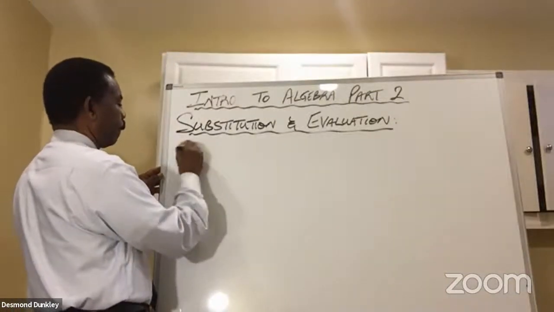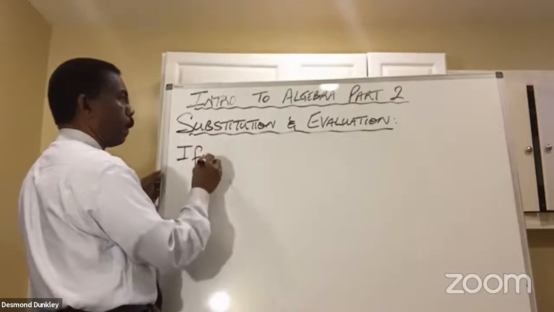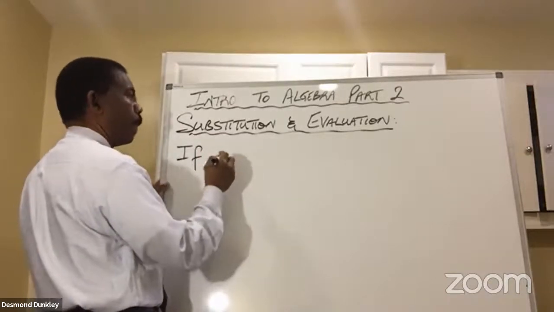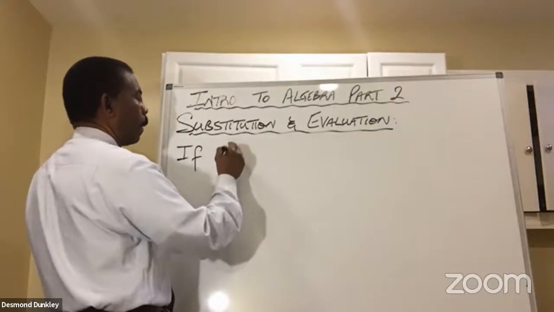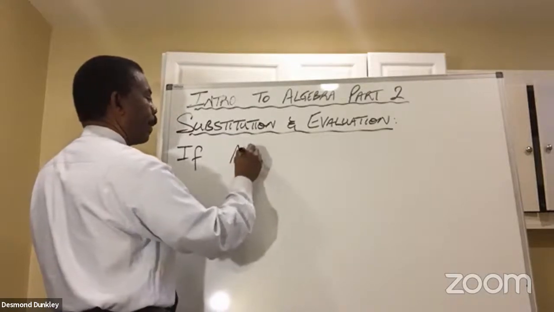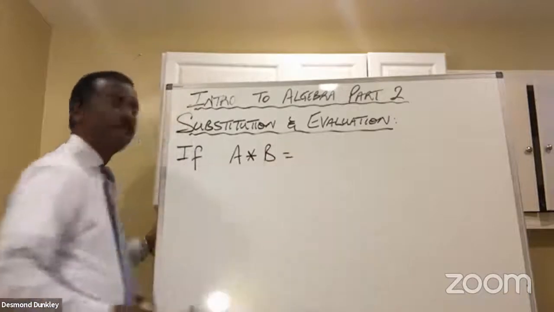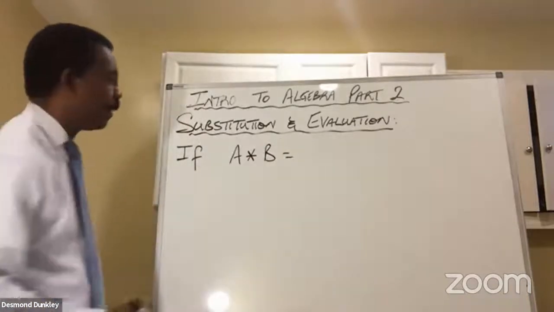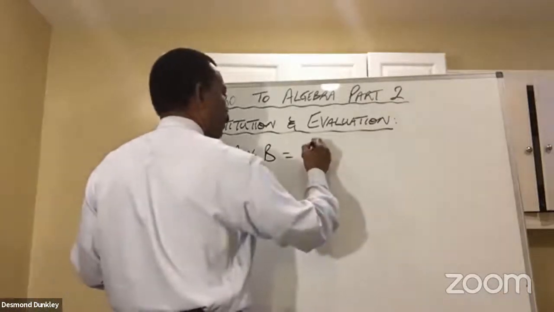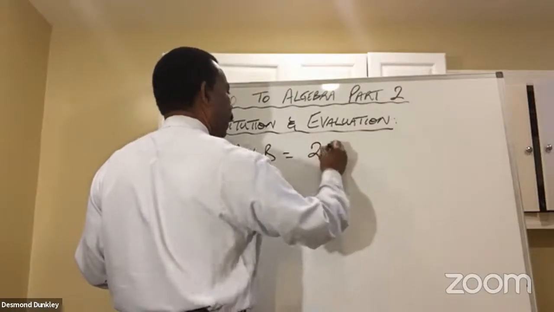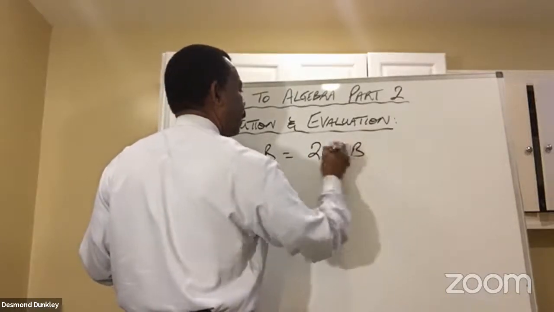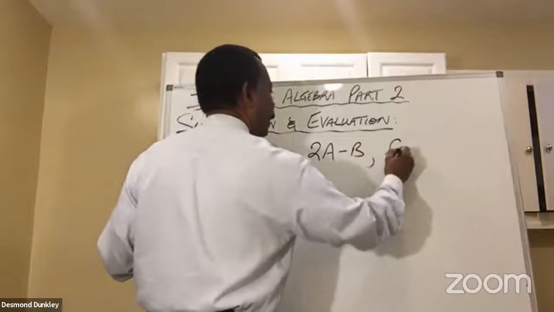If A star B is equal to 2A minus B, find